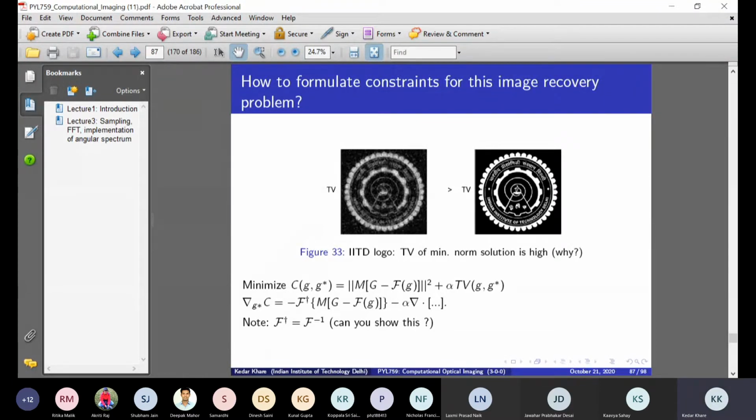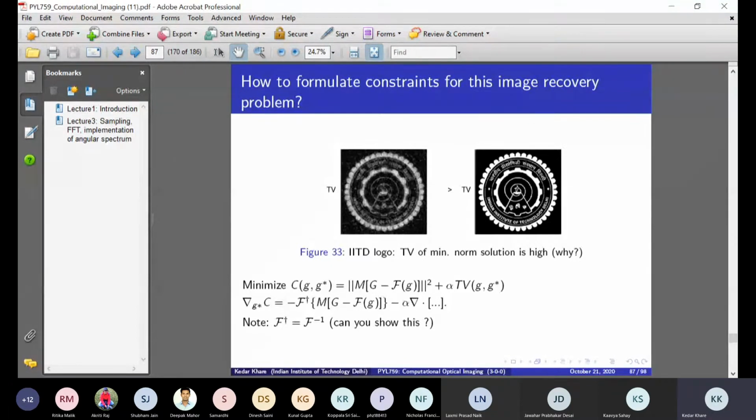So in some sense, the Fourier transform matrix is actually a unitary matrix. And if it is unitary, then F dagger F is going to be 1 or identity matrix. And as a result, F dagger will be essentially F inverse. Okay. So in this case, F dagger is actually the inverse transform. In the deblurring case, you saw that it is not an inverse, but it is actually a transpose operation. The transpose operation is not inverse, but for Fourier transform, it happens so that the transpose operation is also an inverse operation because of the unitarity property. Okay.